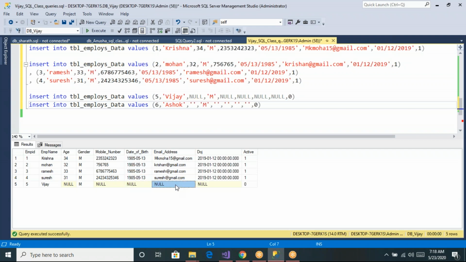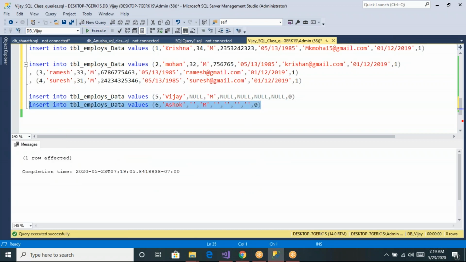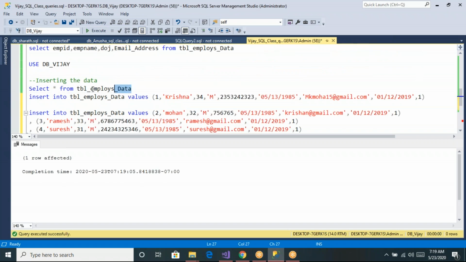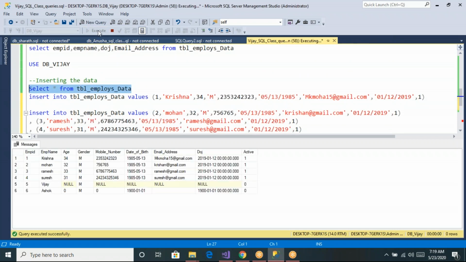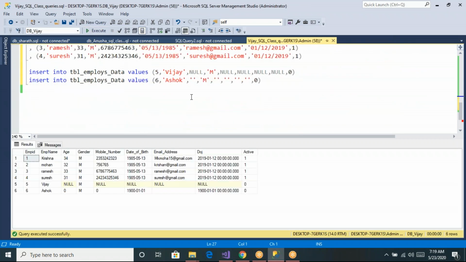Now if I insert the blank values, you can go and see this. For the integer column, blank is getting inserted as 0, and for the date column, it is getting inserted as 1900-01-01. And for the varchar field, blank is accepted.